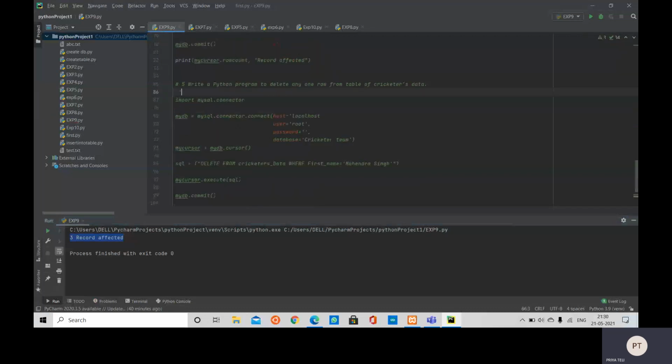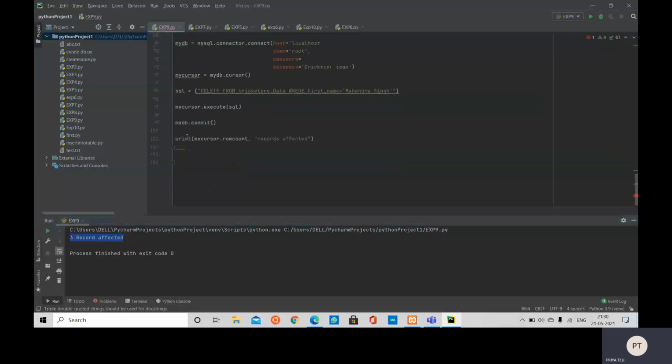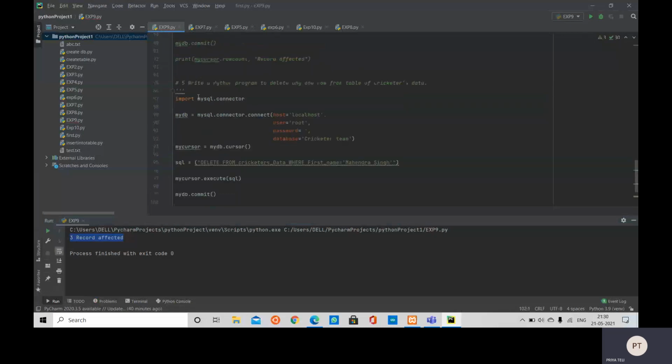Next program is to delete some data from our database. So let us see it. Again the first few lines will be the same for the connection to the database. Then let's say this SQL object, inside this we are going to take the delete command. So this is the delete command, delete from followed by the table name